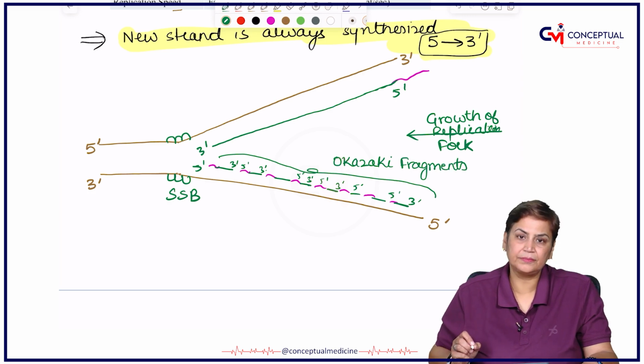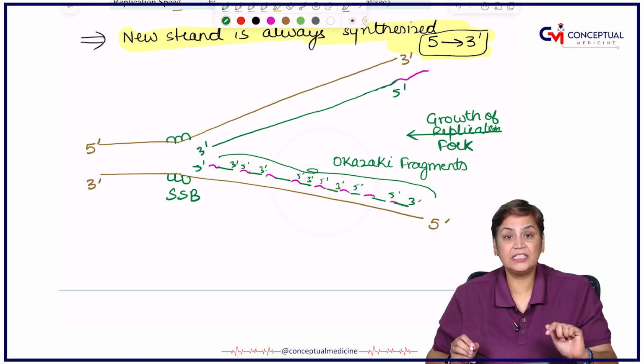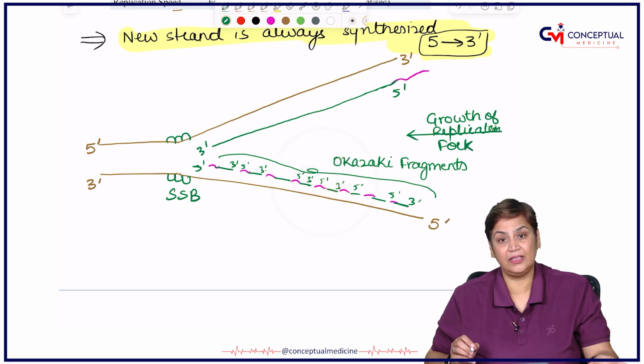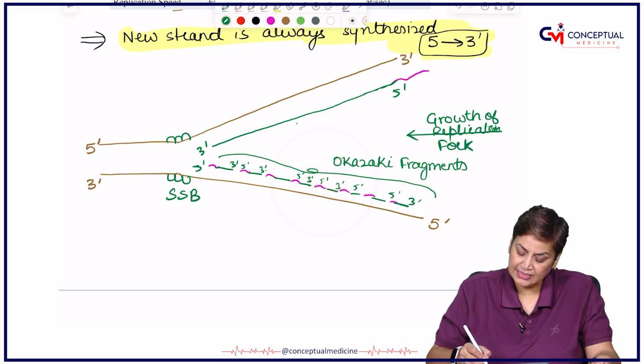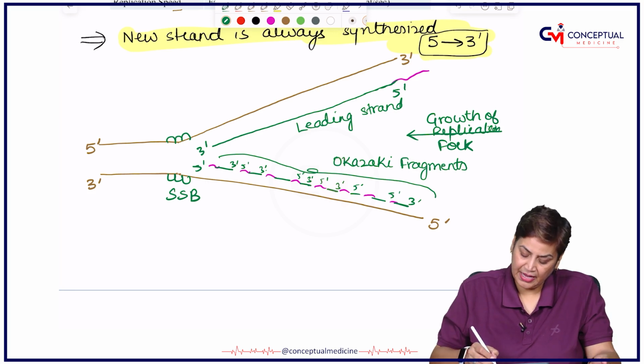Very important. And since this process lags behind, because one will be immediately synthesized, so this is known as the leading strand, and this lags behind, so it is known as the lagging strand,